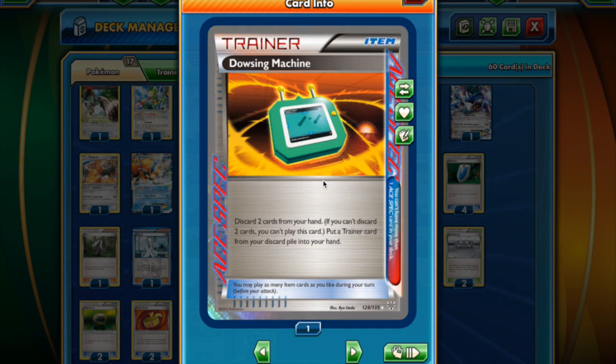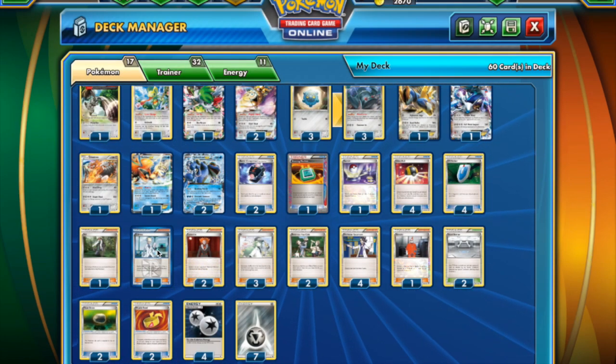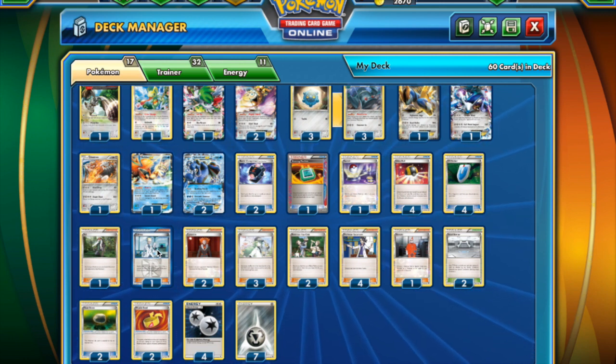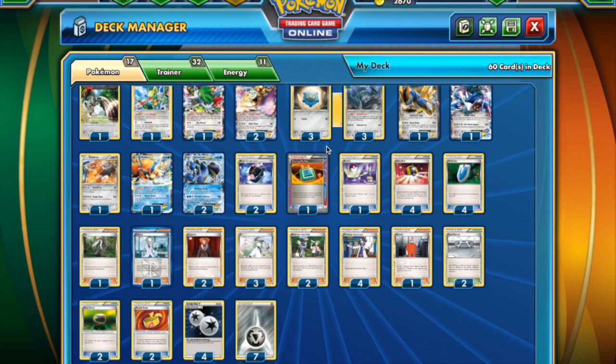So I prefer Dowsing in here. The final switch I made, Ben played 2 Colress, which is definitely a strong choice with the amount of Rayquaza and Raichu around, utilising Skyfield so that we can get big Colresses. However, with the Dowsing and the full VS Seeker, I feel like 1 is okay, and I decided to add